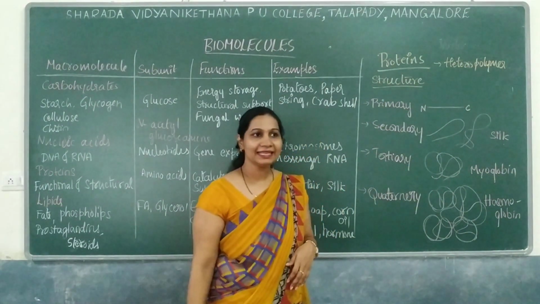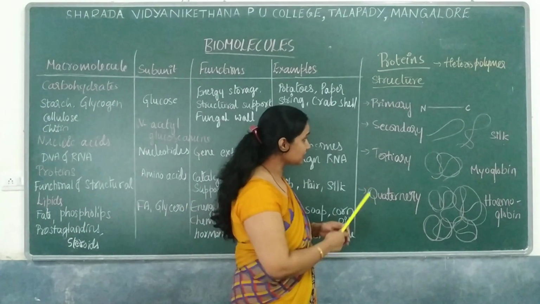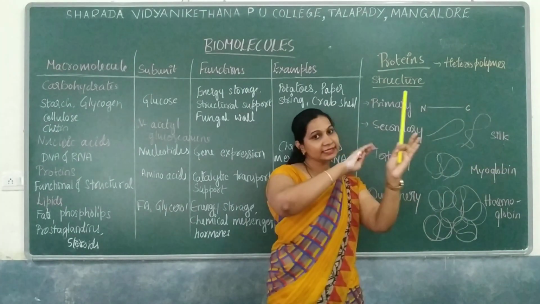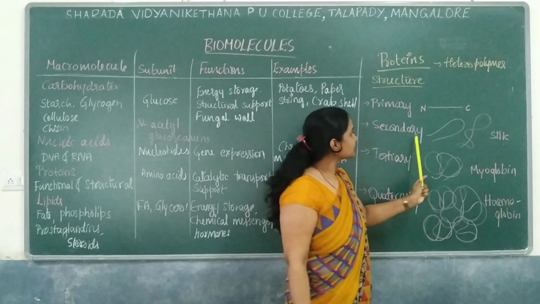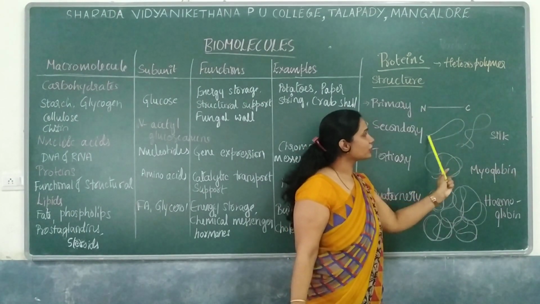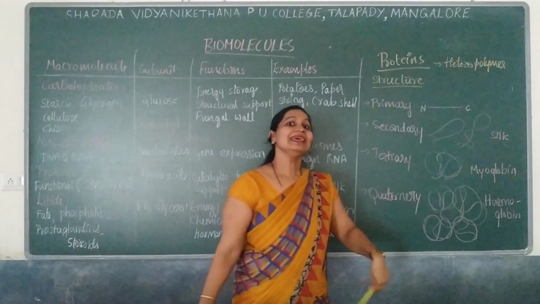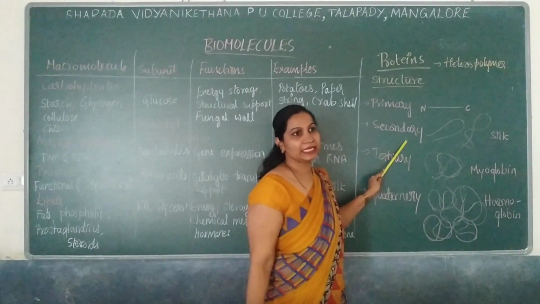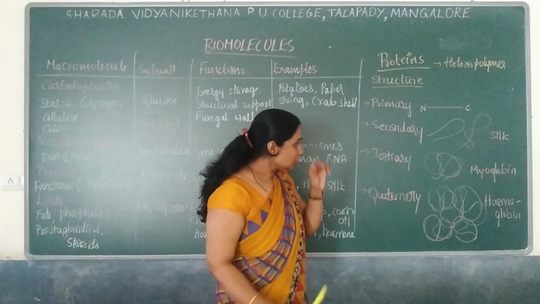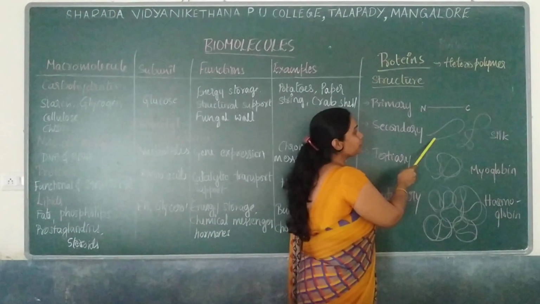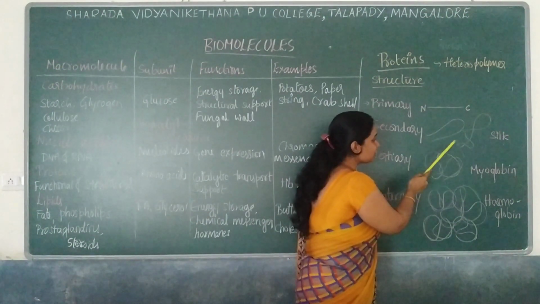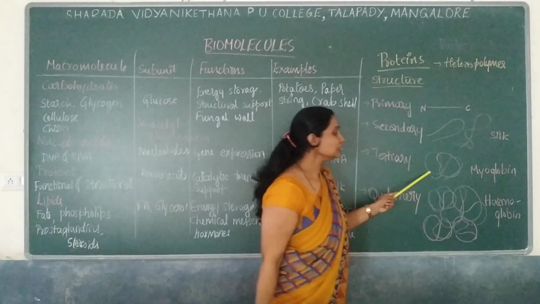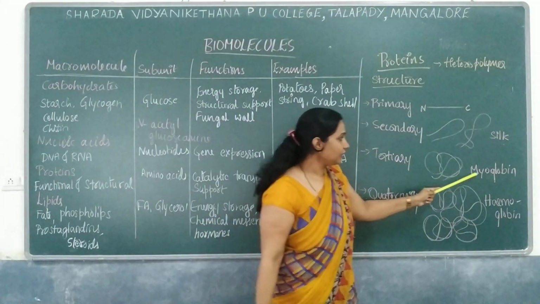Next, about the secondary structure. Regarding the secondary structure, it is having a coil. It is having a coiling where the linear structure will be slightly coiled, and they can even have the helical structure. So that is regarding the secondary structure. And then move on to the tertiary structure where these helical coilings undergo further coiling and form a tertiary structure. For example, in the myoglobin.